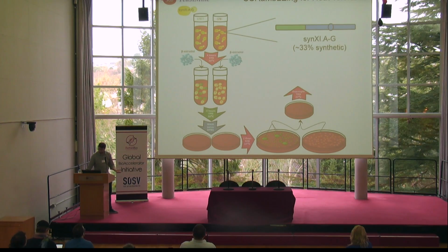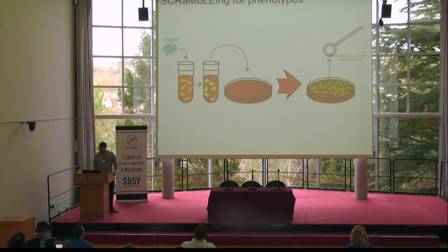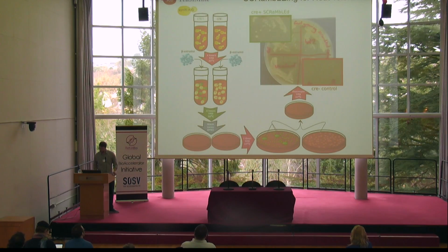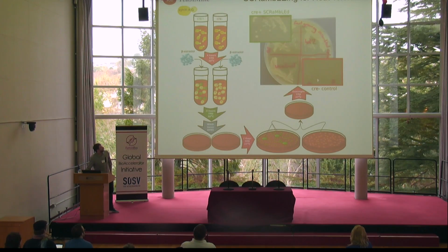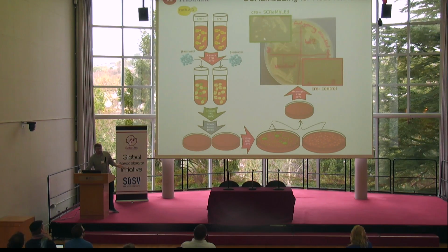With the cells that had scrambled, first off, 90% of them had died because they'd flipped out an essential gene. But of the ones that remained, a lot looked sick and quite weak, but there were some individuals that had formed absolutely gigantic colonies in just 2 days. So we streaked these on and grew them overnight at 37 degrees, and after one night at 37 degrees, we saw this. So the unscrambled cells, there were barely pinprick colonies, which is what you would expect from overnight growth from yeast. But the cells that we identified in this single day's worth of scrambling grew absolutely huge colonies